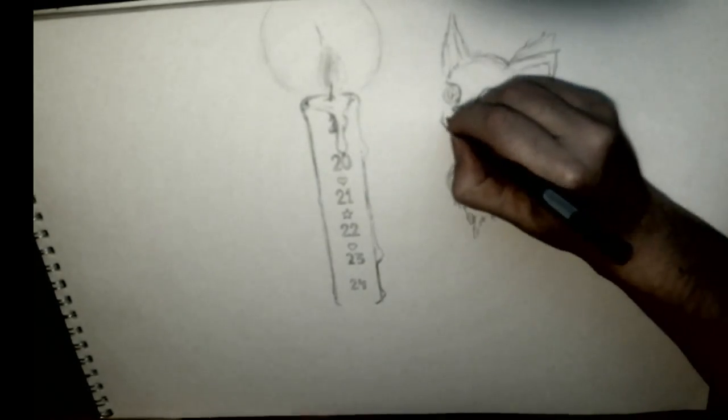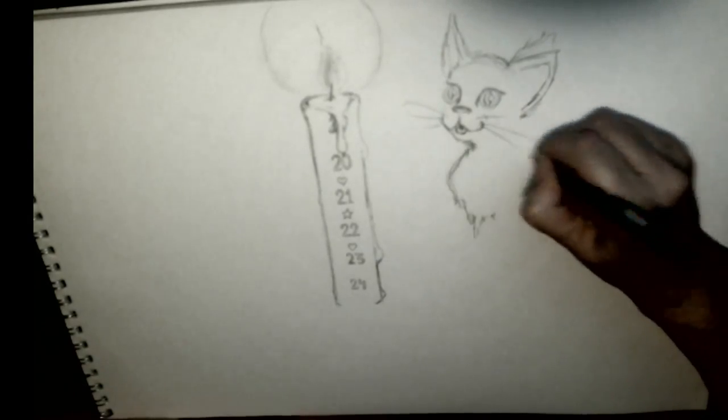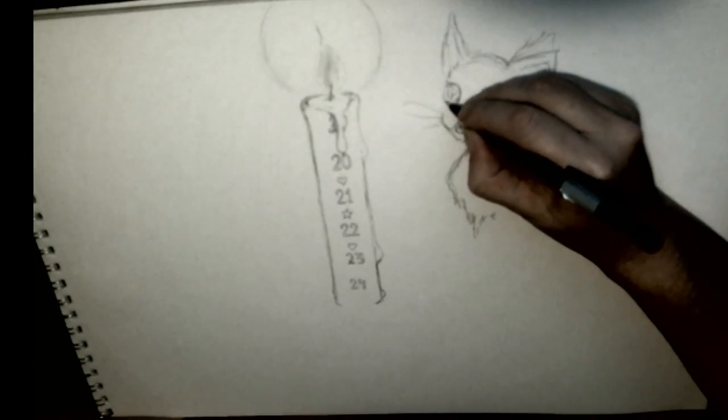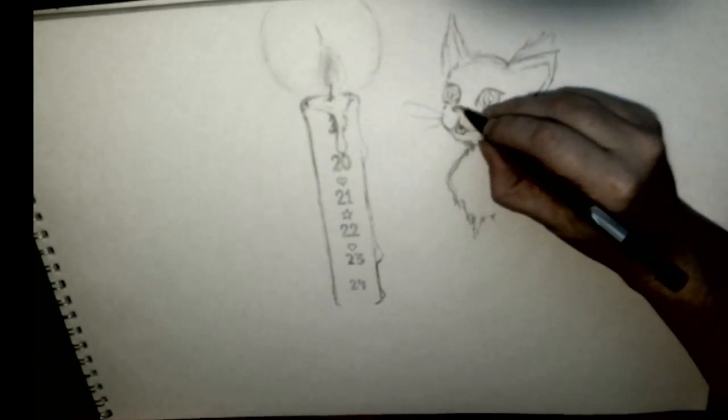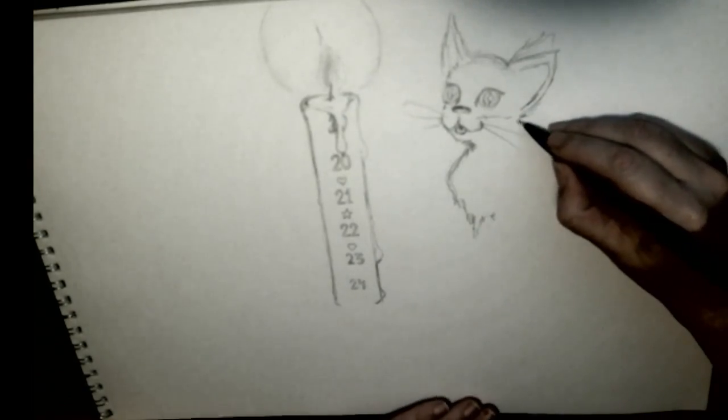Kitty. Of course it should have some whiskers, so everybody can see how this is dangerous. Could burn your whiskers, tiny kitty. Because that is what happens. Remember...